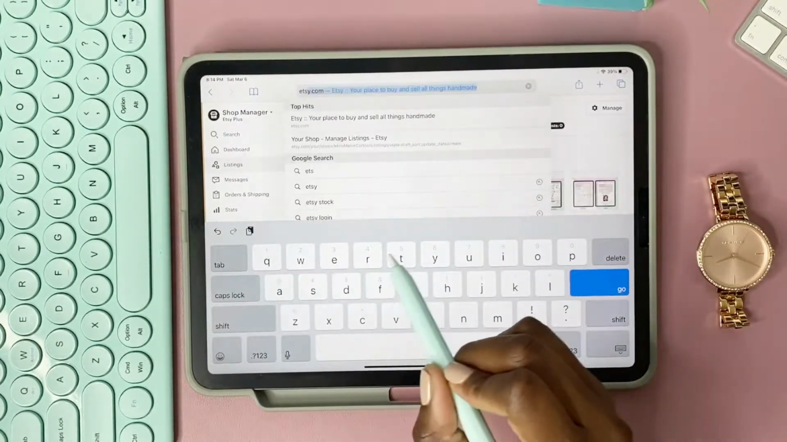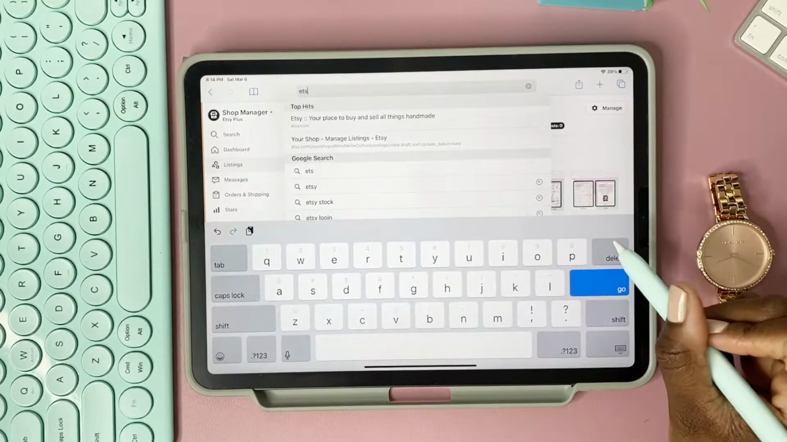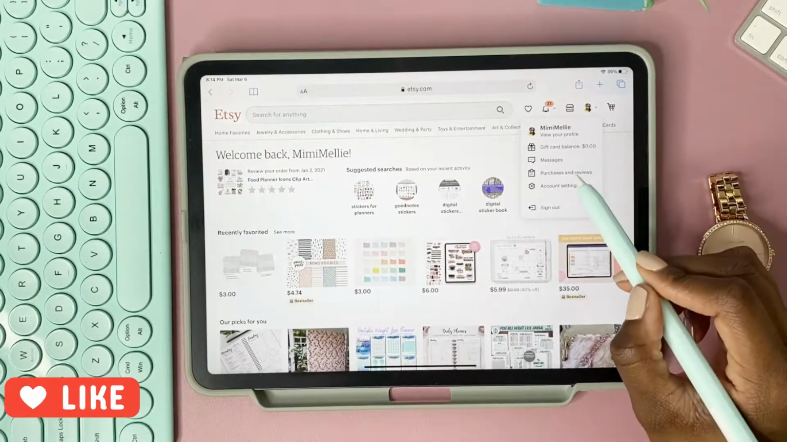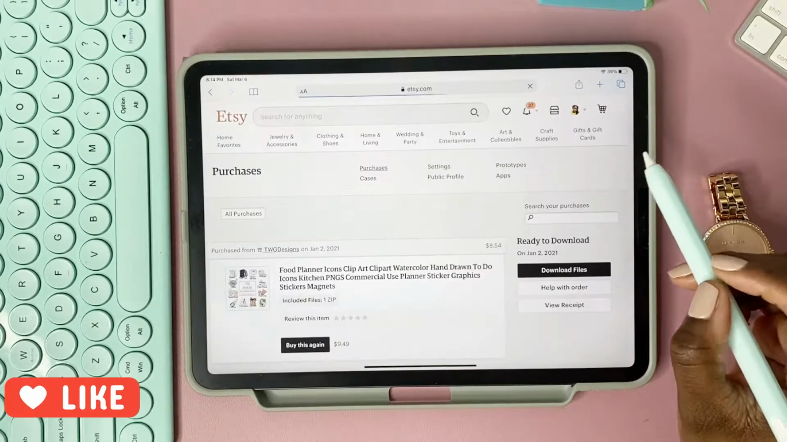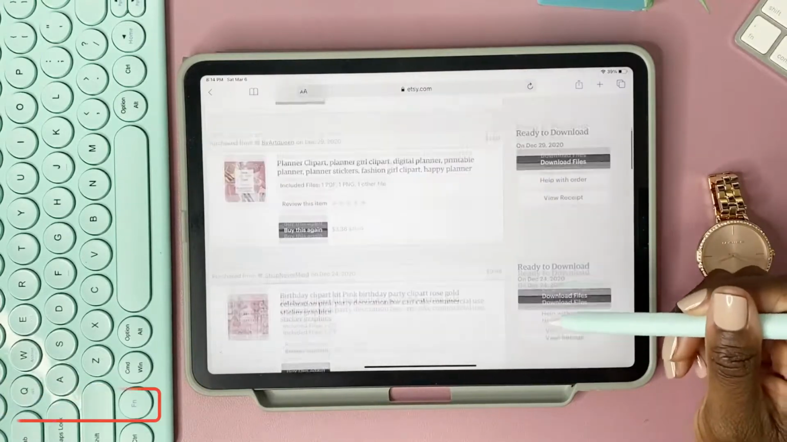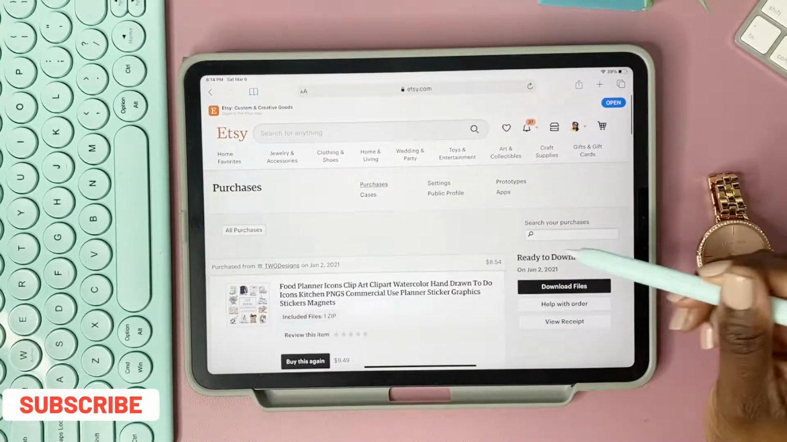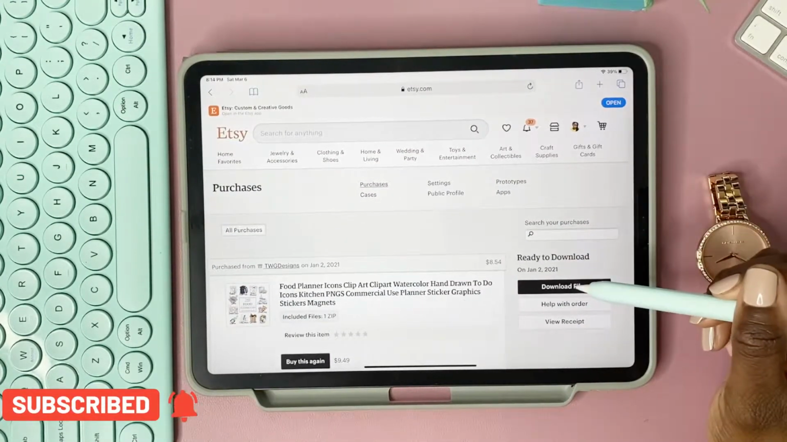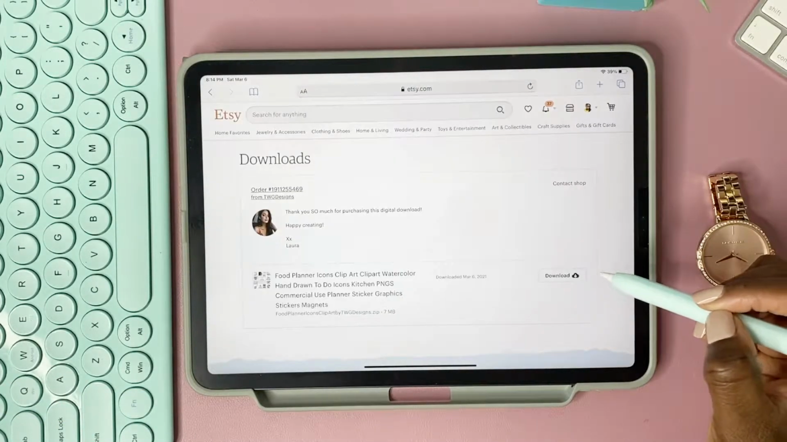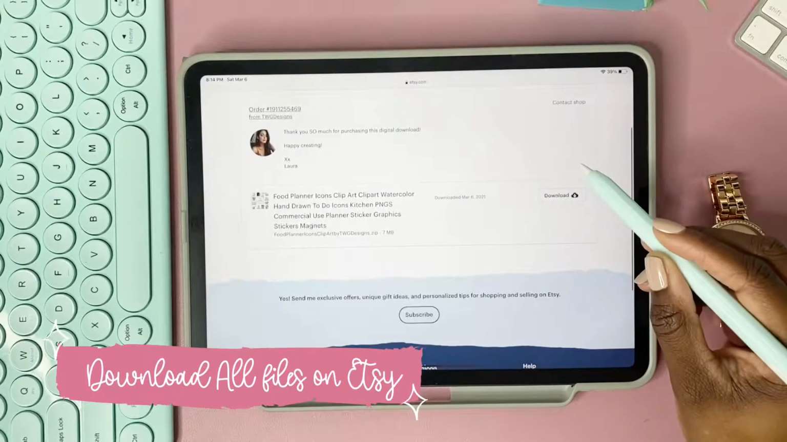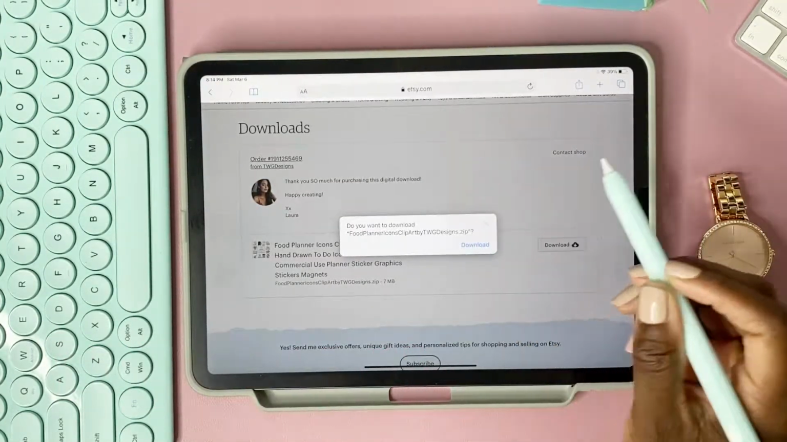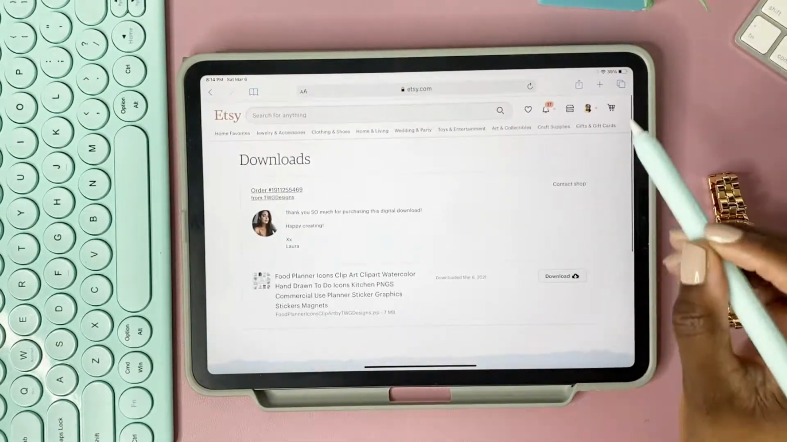Once you're there and you're logged in, at the top right you'll see your name and your picture. Click on it and you're going to scroll down and go to purchases and reviews. Now you'll see all of your downloads right here. All you have to do is click on download files, and this is an example of some of the stickers that I have downloaded. When you click on that, it'll show you another screen of every single thing that you can download. And once you click on it, it'll show you another window, and then you'll have everything downloaded in